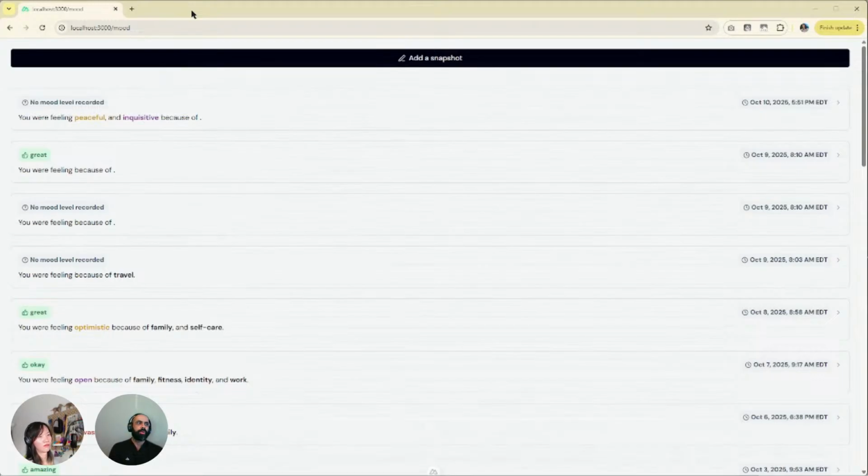Got it. What's the value of deploying it? So it's shareable, I guess. But at the same time, if I can't have my existing entries, then maybe it's not as helpful anyway.